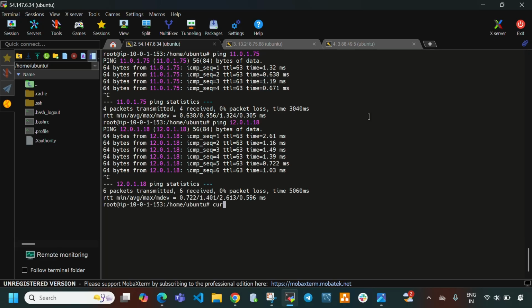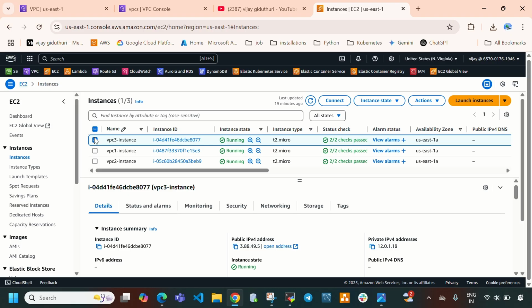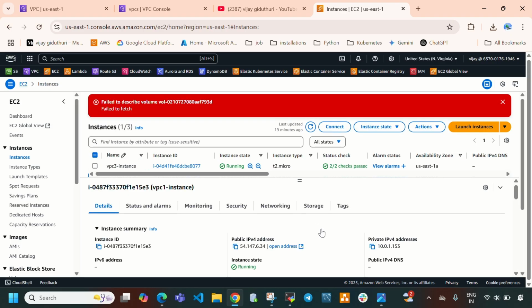So let me hit curl here. Okay, I will do that later. Now let me open instance 2 and try to ping instance 1 as well as instance 3. So now let me copy instance 1.